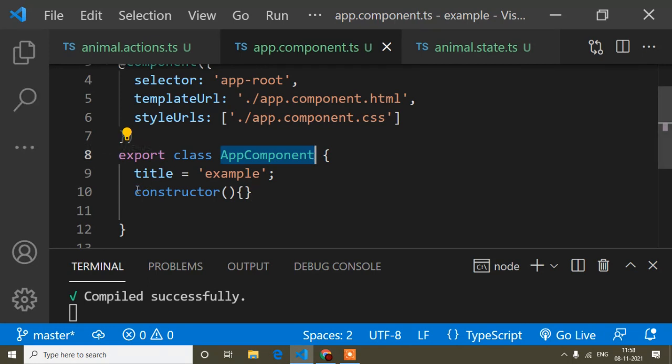And in every class by default we get a constructor. And what is a constructor? A constructor is used to create the instance of our class, right? I will discuss the constructor again in this video also, because the constructor is very important in NGXS. If you don't have a clear idea of the constructor, then you may get confused. So the first thing is every ts file has a class.